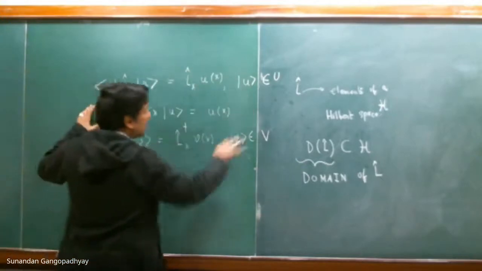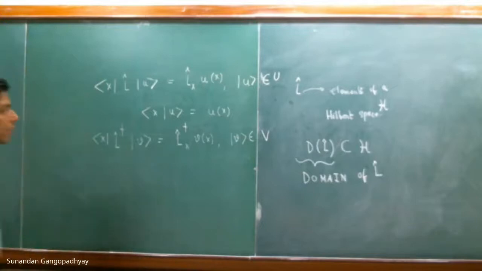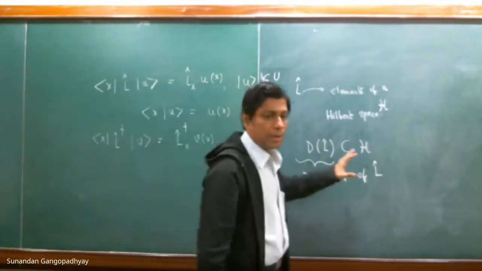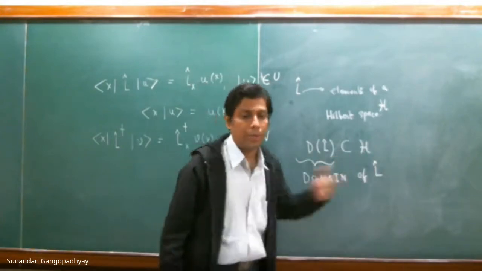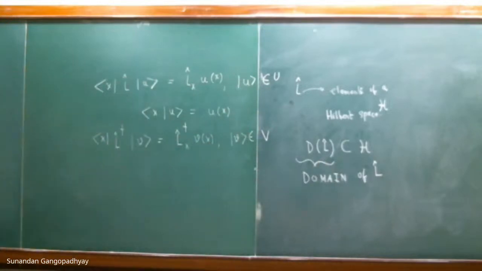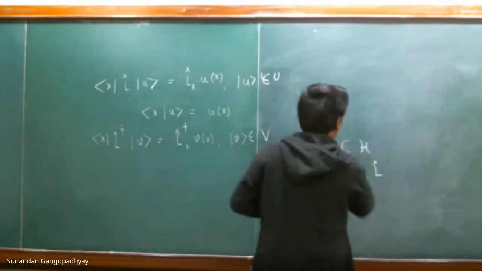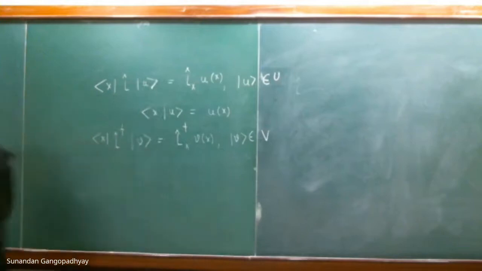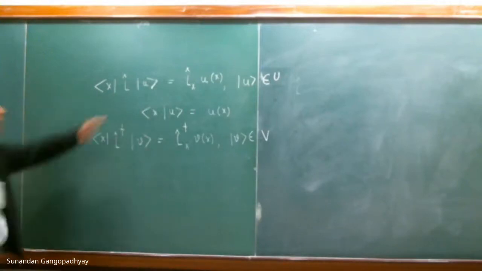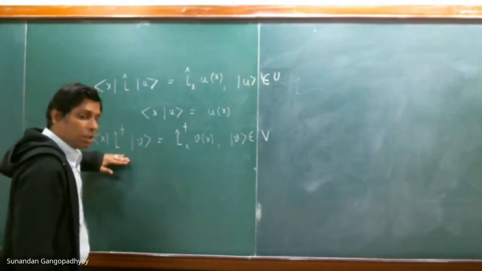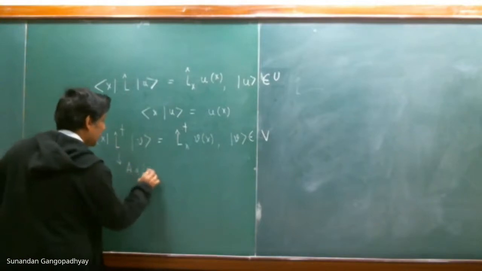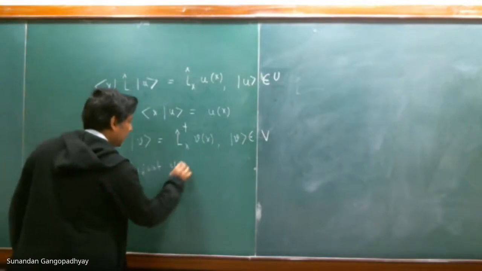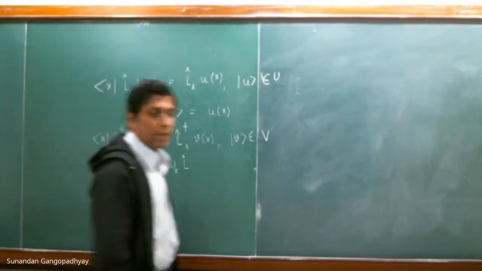So I've smuggled in some bracket notation for you, and I have introduced the concept of a differential operator and the concept of boundary conditions and the concept of domain of a differential operator. This is very important. Now we have something. So you see that we have a differential operator L hat and we have a differential operator L hat dagger. This L hat dagger is said to be the adjoint of L hat.